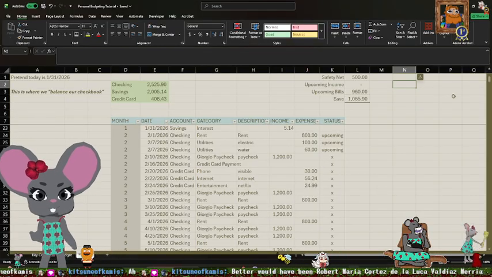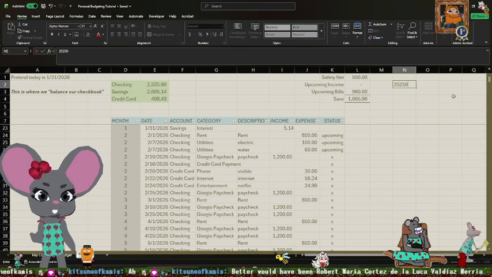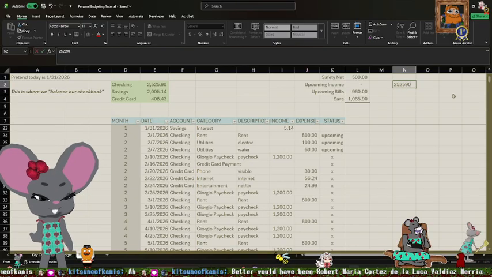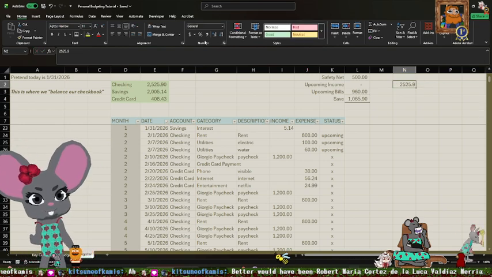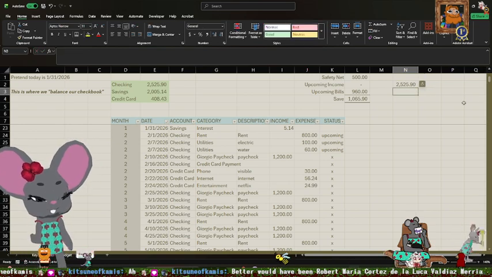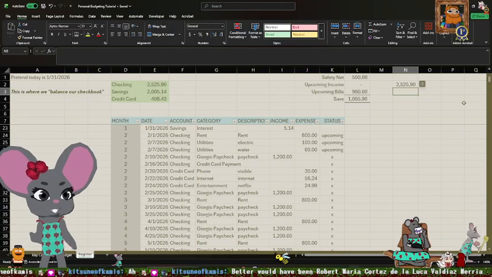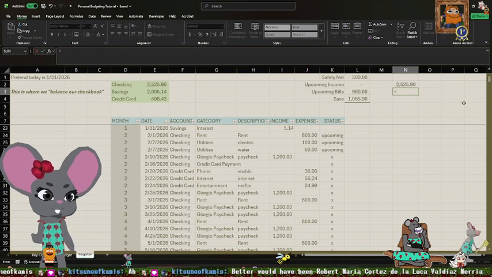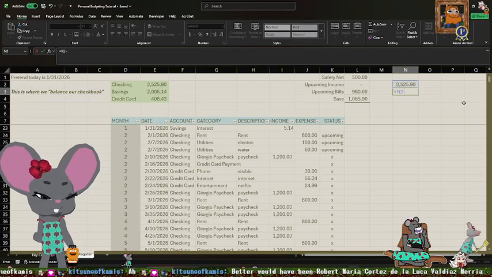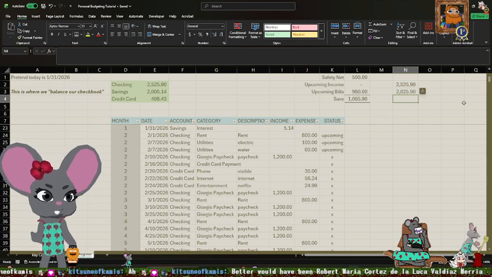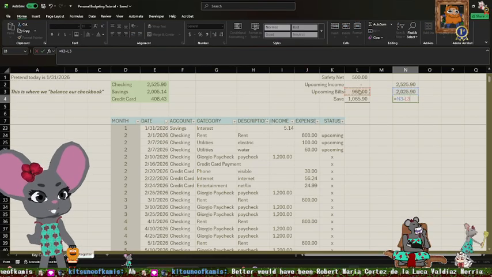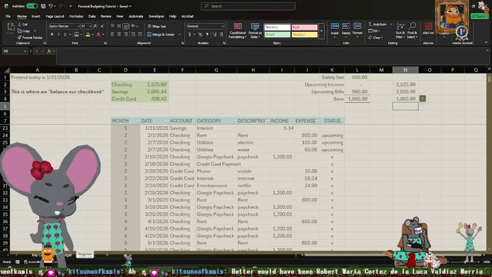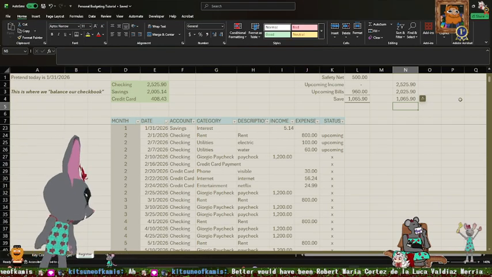So if we have this much in our checking account, we want to make sure we have 500 of that left. Minus 500. And then we also want to have $960 left. Yeah, that math's right.